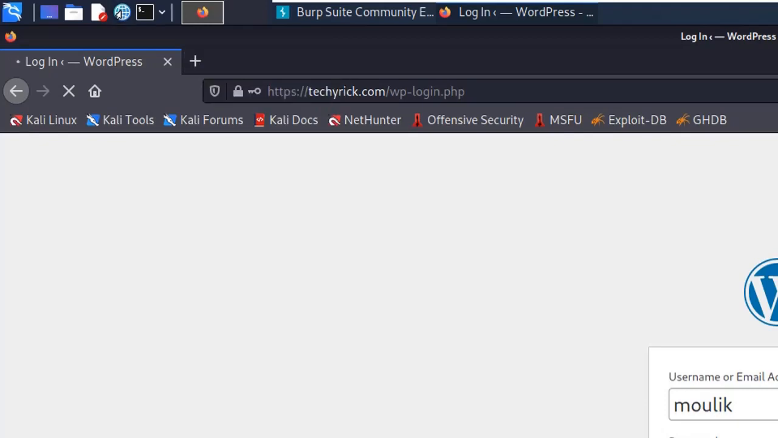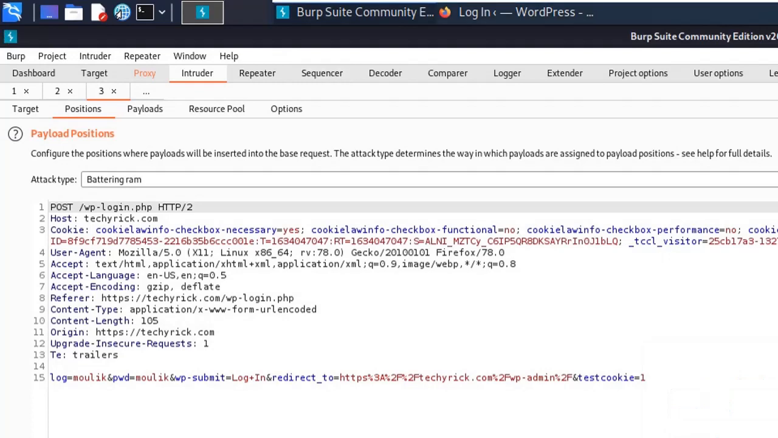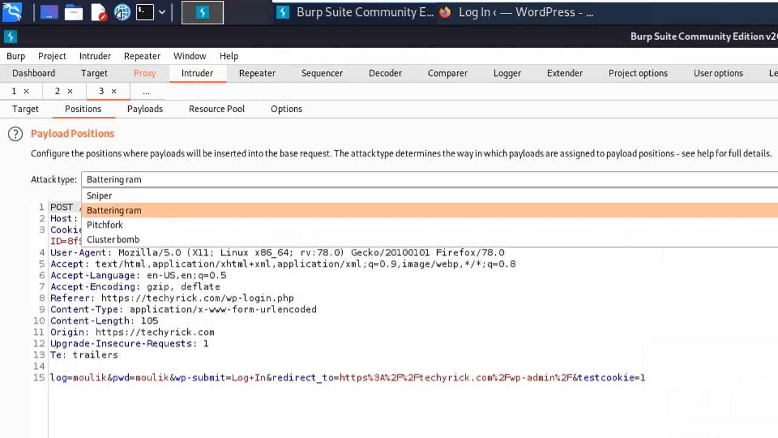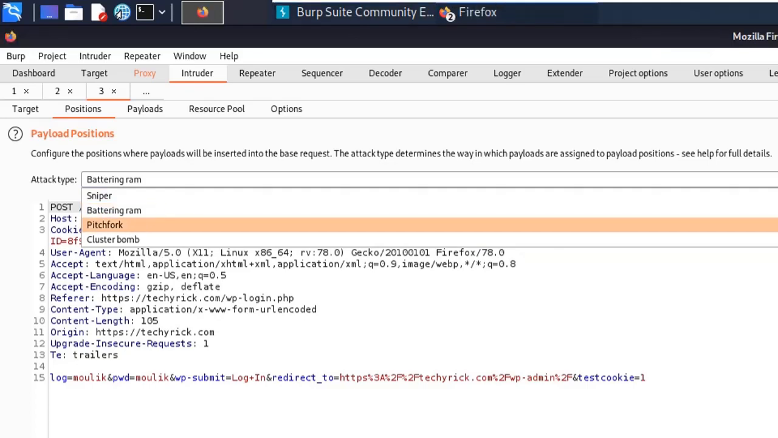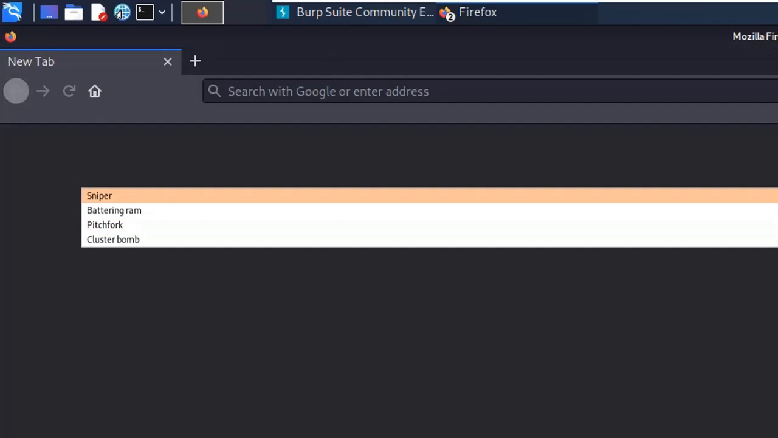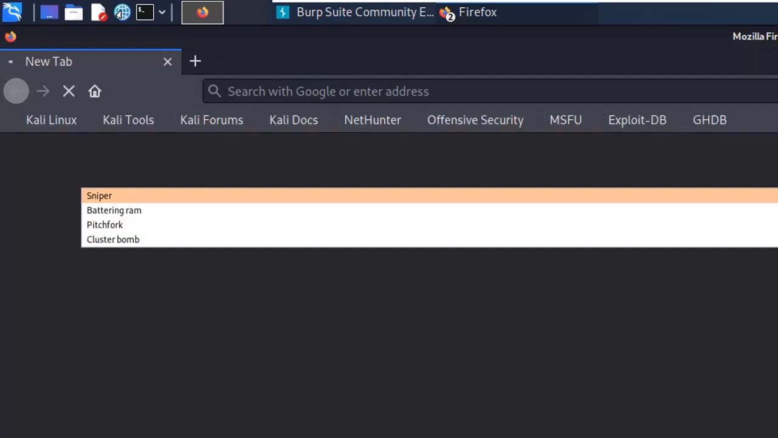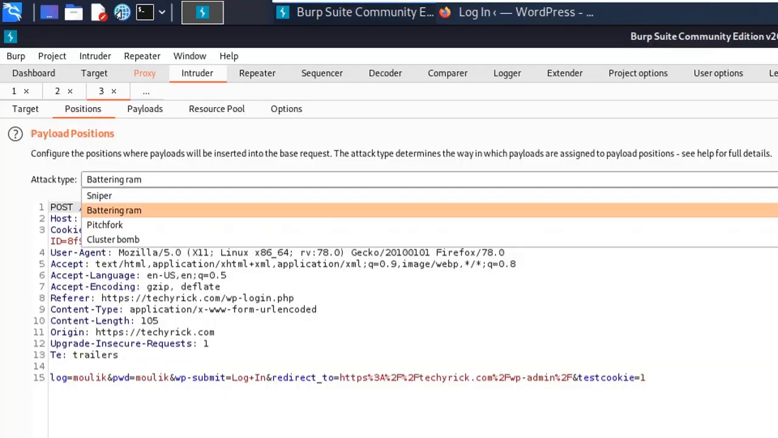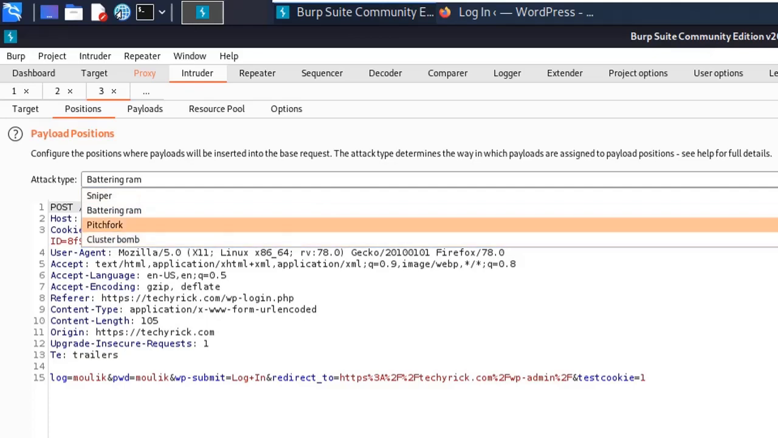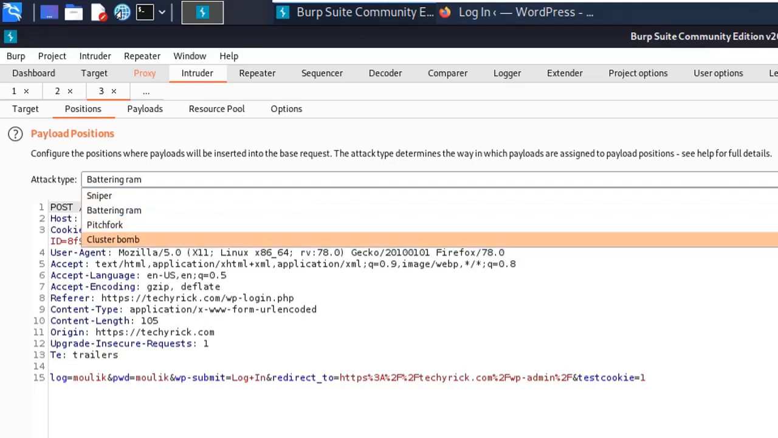Okay, we are intercepting the traffic, so I don't want to disturb it. I think probably the battering ram is the same as the pitchfork, and the pitchfork is likely spraying passwords. So I'll just close this newly opened web browser. So battering ram is spraying, pitchfork is spraying passwords, and cluster bomb is spraying passwords from different